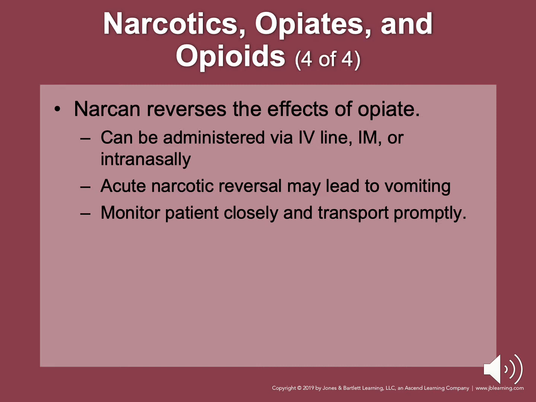So this is a drug that should only be used when there are agonal respirations or even apnea. You're going to reverse the agonal respirations and the respiratory compromise that's going on with the narcotic overdose itself. If the patient is breathing normally, even with altered mental status, but their breathing status is normal, please don't use Narcan. This drug is going to give a reversal of the narcotic side effects.